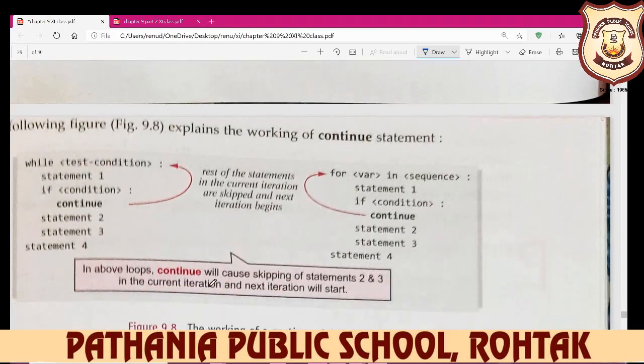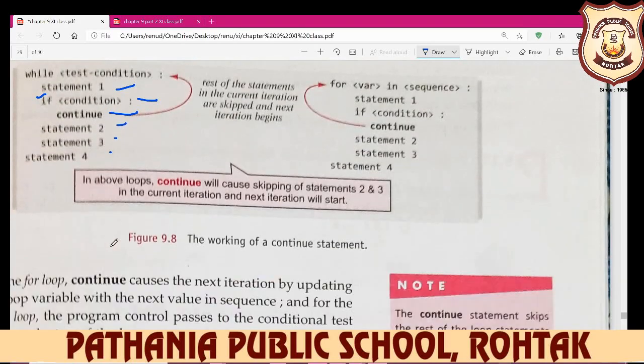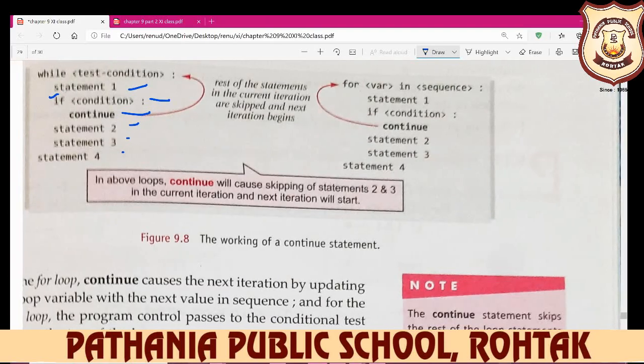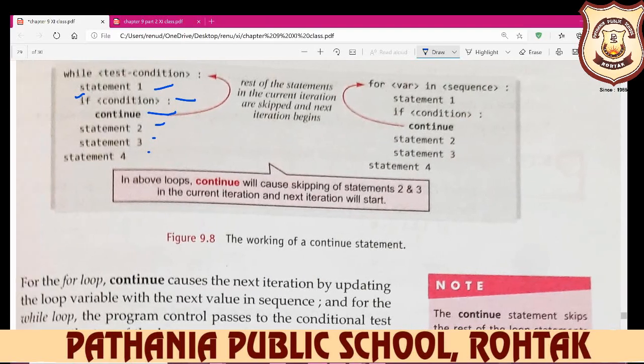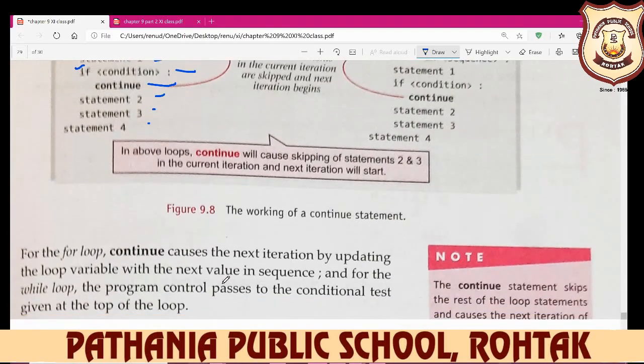So you see here, while test condition, here you write down any condition, less than, greater than, anything, and statement 1 is executed. If your condition is, here you write down any other condition, and then continue, otherwise display statements 2, 3 and 4. So in the above loop, continue will cause skipping of statements 2 and 3 in the current iteration, and the next iteration will start.